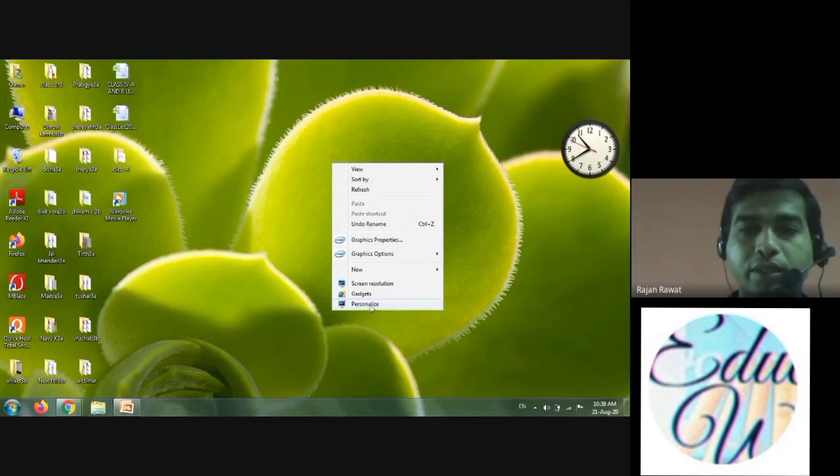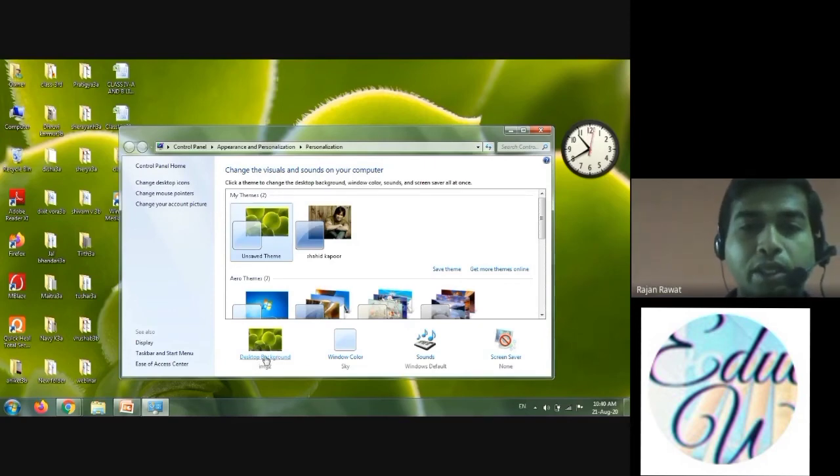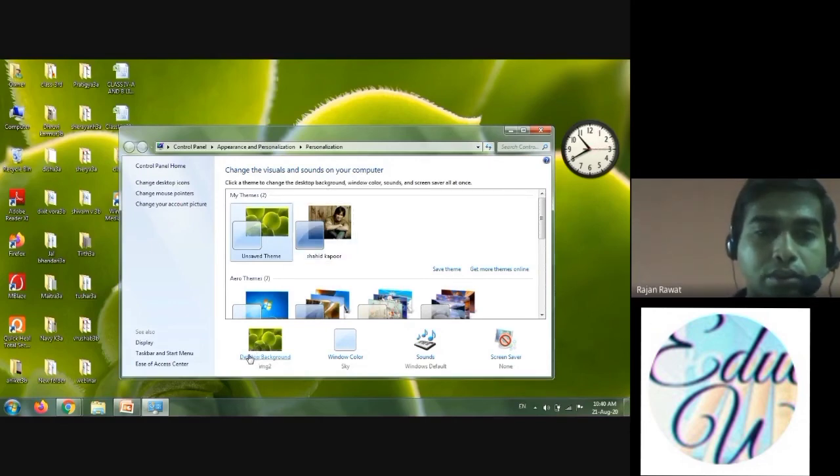Then you have to select personalize. Now you have to go to desktop background, this option you have to select. As you can see, my background is green in color, so we will perform the steps to change my background. So I have to click on desktop background.